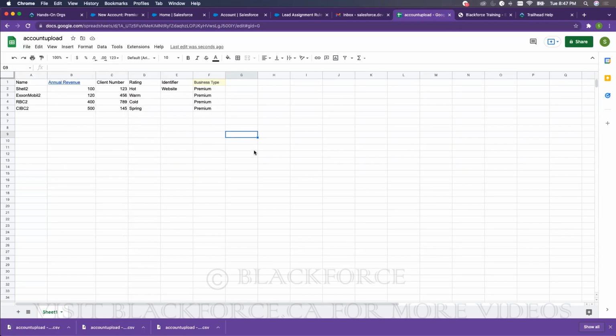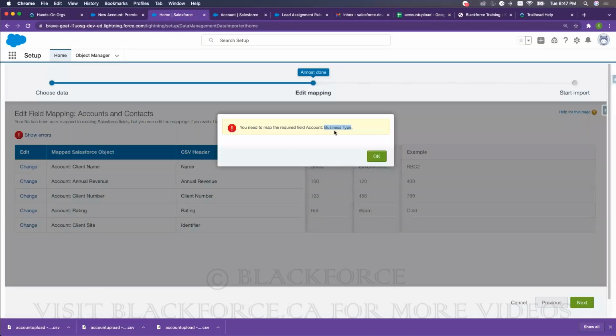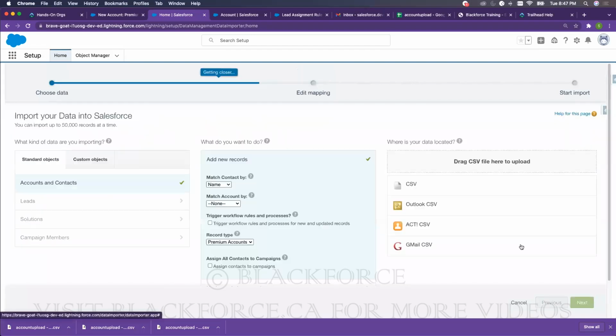So when you're preparing data, you just don't upload your raw data. You need to upload a dummy data, a sample data that is working. Then you now start filling all those rows after you've uploaded the sample data, okay? So don't upload the raw data and you start facing all these challenges. So now that I have that, I will go back again and I click on CSV, click on my third